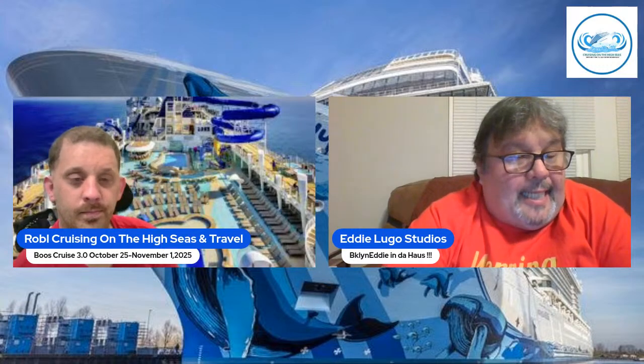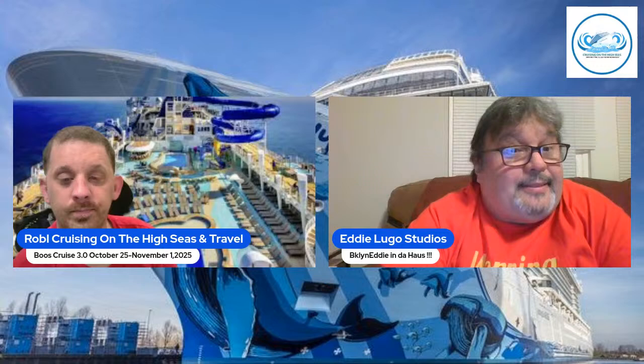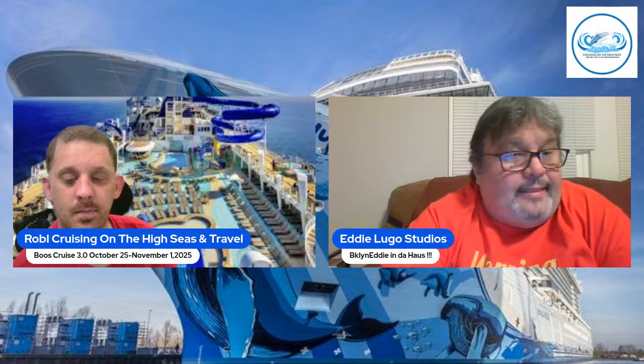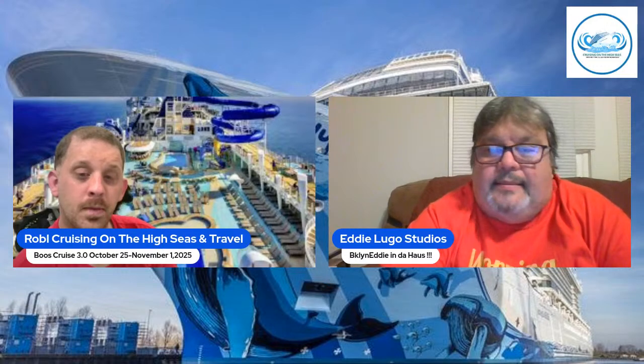I gotta have a valid ID, but I do carry my passport with me because it's a more secure ID. So it's an easy in and easy out for me. When you land in Puerto Rico, everybody has to go through getting their luggage and stuff, and then you just gotta clear, and that's it.